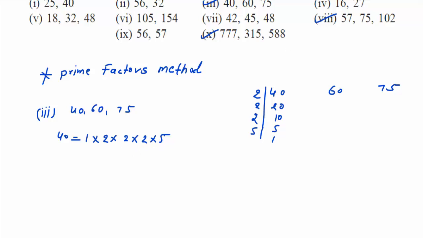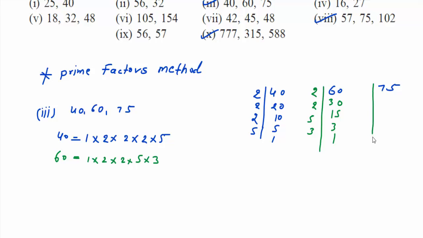Now let's find out for the 60. So we start with 2 3s are 6. So what are the factors of 60? Students, here you can start from 3 also. It is 15 written, so we always take 5 only, start from 5 only. So 1 multiply by 2 multiply by 2 multiply by 5 multiply by 3. So this is the prime factor of number 60.